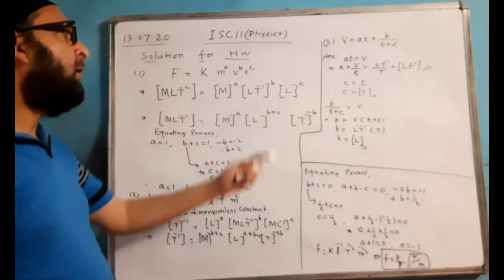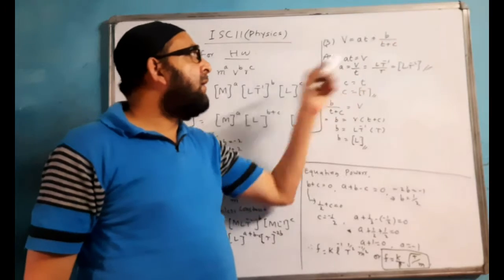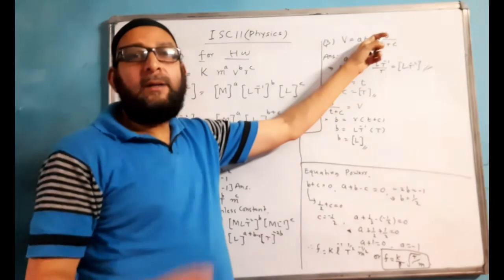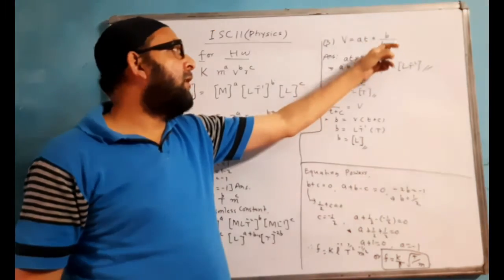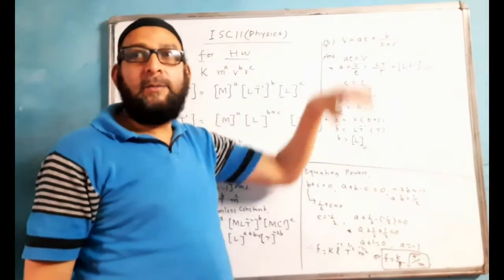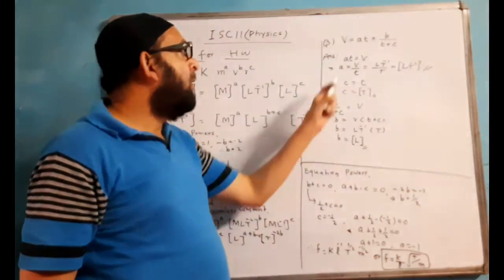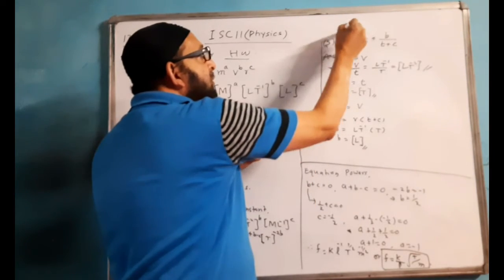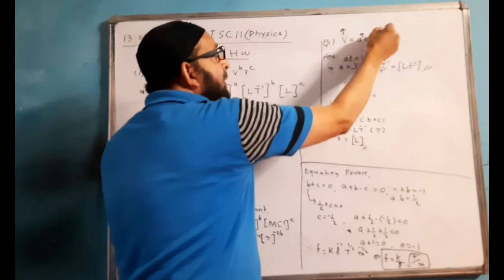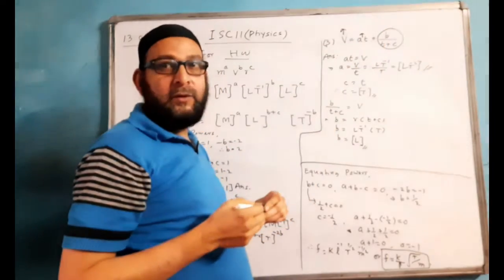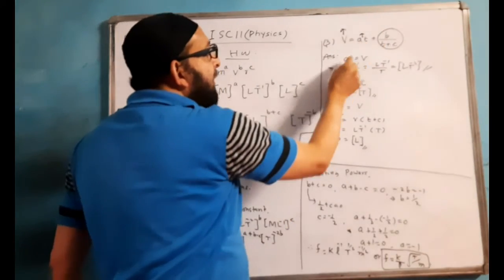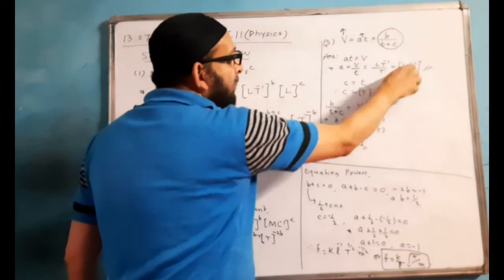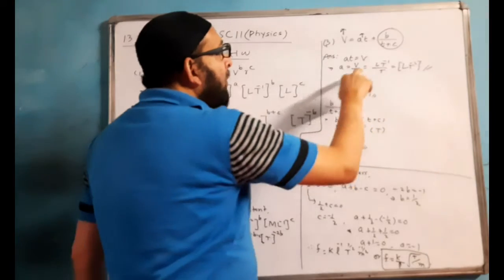Now the third one, the equation is already given here. We have to find the dimension of A and B. Though I did not mention C, without C you cannot find the dimension of B. That means find the dimension for B also. So this is velocity, this is velocity, so this will also be velocity. This entire thing will also represent velocity. That means we can write directly at is equal to v, therefore a will be v by t, LT to the power minus 1 upon t becomes LT to the power minus 2.